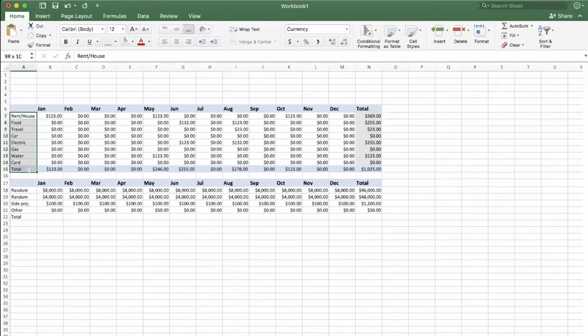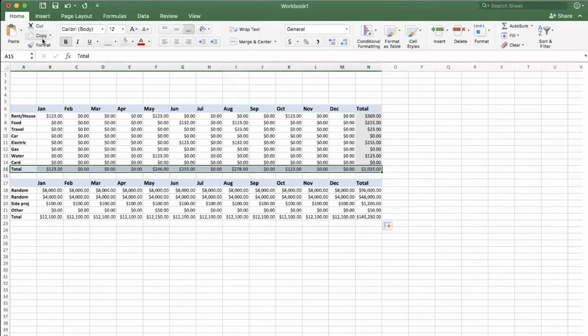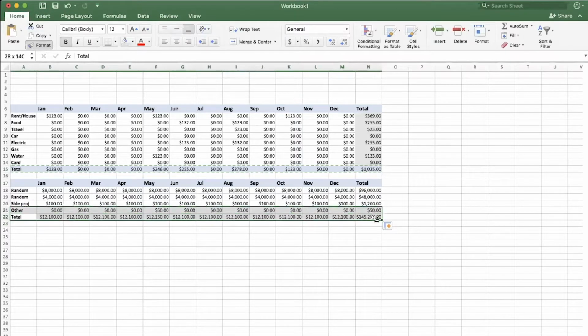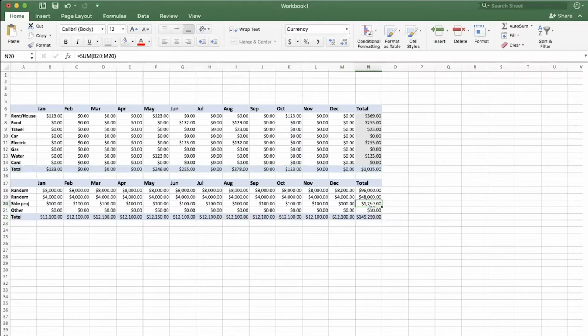I'll select these, make these bold. First, I'll go ahead and do my auto sums. And then I'm just going to autofill all the way across, just like I did. I'll copy the formatting. Notice again, I'm going to the little paintbrush button on the Home tab. I'll paint that in.